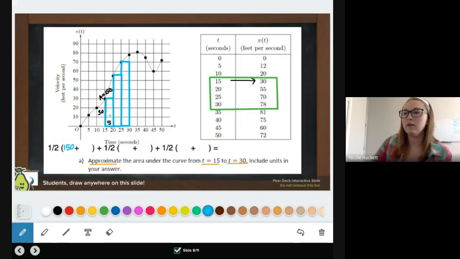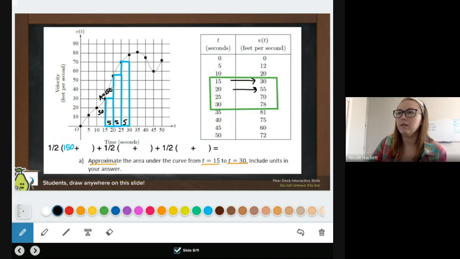And now we're going to do that for all of these. And remember, the interval is the same here. So it's going to be 5 and 5 for all of these. And this one, I'm going to go all the way up to here. This is at 20. It hits the graph at 55. So I know that this is 55. To get the area, I need to do 5 times 55. So I'm going to make sure I got it all the way correct here. 5 times 55, we get 275 for our area because we're multiplying those together. So I'm going to put that here as my second rectangle,